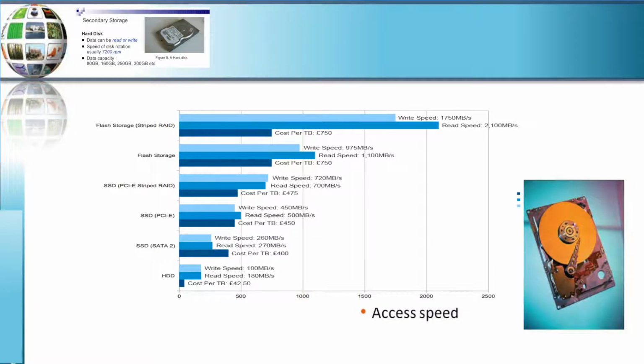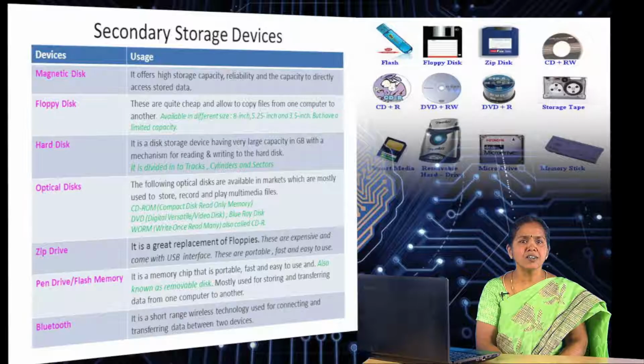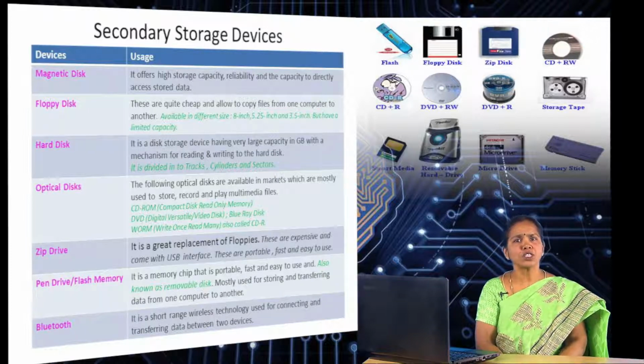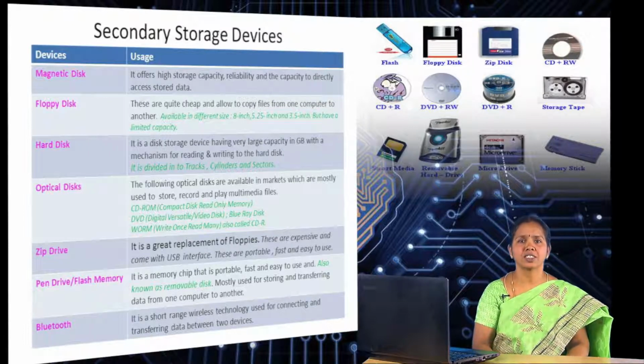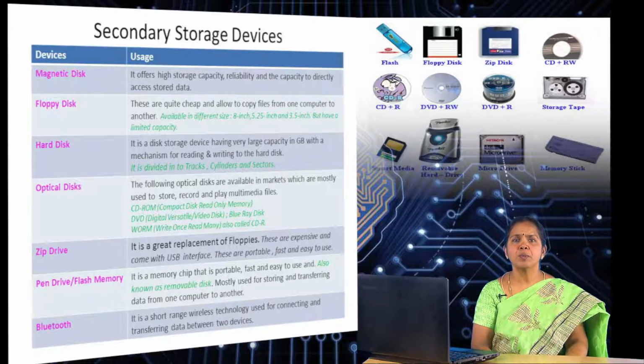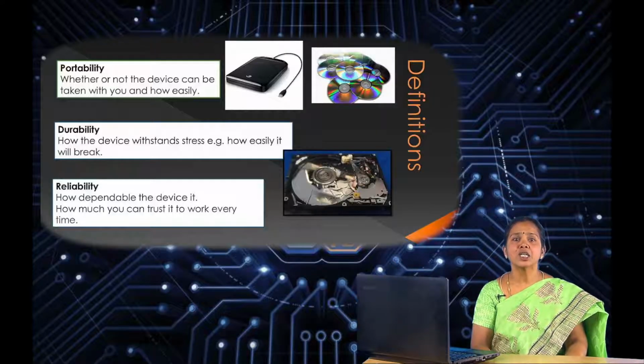Then comes speed. This is how quickly the user can access the data from the storage device. The third feature is portability. Whether the data needs to be moved from one place to another, such as from office to home. Some companies store backups of important data off-site. Remember that a lot of secondary storage devices need to be portable. The next feature is durability. It means how long the storage media can be reasonably expected to last.